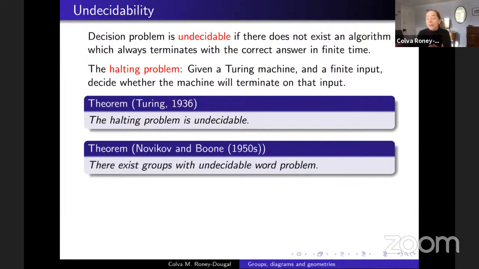And they're not even very complicated looking, these groups. If you look them up on Wikipedia, there's an example due to Don Collins that's got 12 generators. So X has got size 12. And the number of relators is 20 something. So not huge, doesn't look crazy complicated, but it's provable that you cannot design an algorithm to solve the word problem in that group.